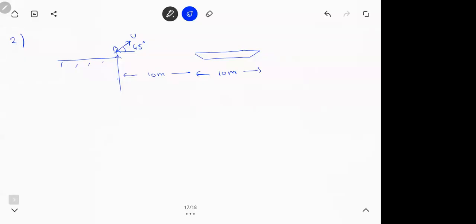Right? So the question is, we have a boat here. Normally when you go to a pond and see something there, we can't keep quiet. We take stones and start throwing them. So the man is throwing with a constant angle, but the speed is changing. The question is, find u so that the stones fall in the boat.